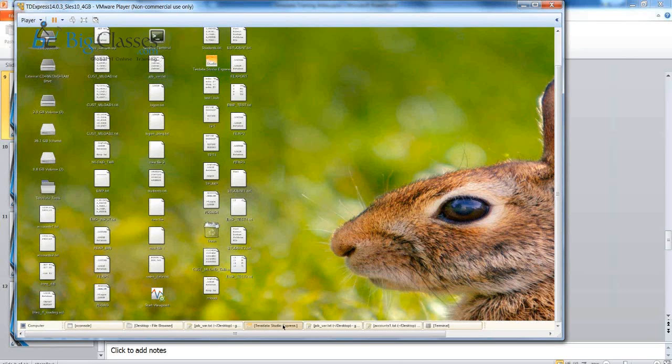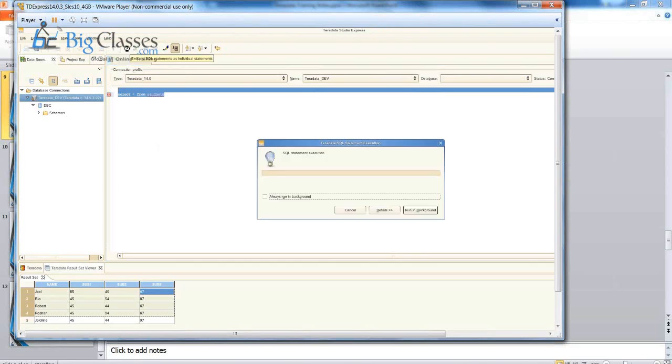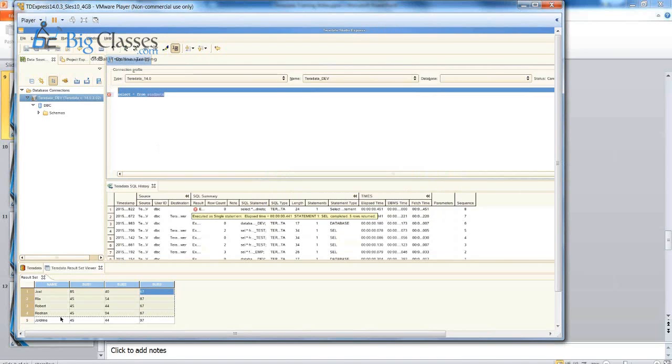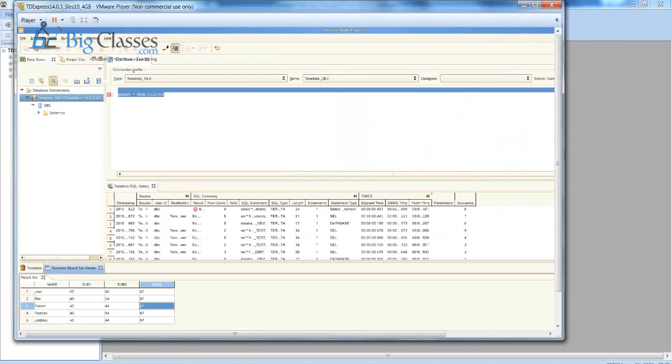And Teradata Studio Express is also there. Instead of Teradata SQL Assistant, we can use Teradata Studio Express as well, as part of our training. We can see the same data here, whatever query we run. We can use the same SQL here to write or frame it, and it will show you the same data below, similar to the SQL Assistant. This is also very well designed by Teradata itself. It's called Teradata Studio Express. So we can use either Studio Express or the SQL Assistant, either of these two, to work on your SQLs.